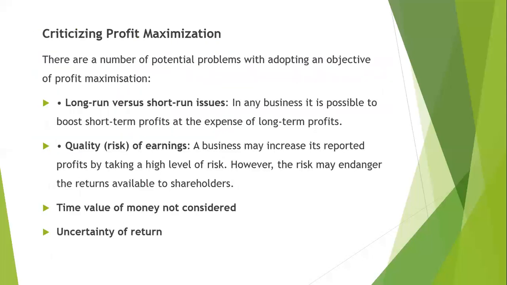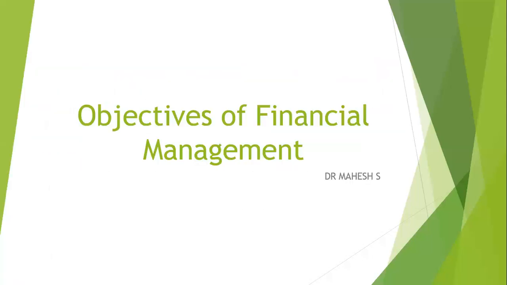Okay, for example, if I run a textiles industry, and I take any initiative and sell the maximum output to the customers, this type of objective is called profit maximization. If I think about customer satisfaction, and I reinvest the retained money into the business, the value of the business needs to be enhanced. That type of thinking is called the wealth maximization objective. Okay, so that's about the concept.